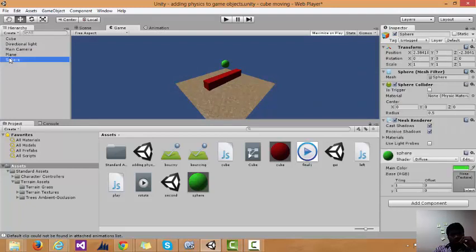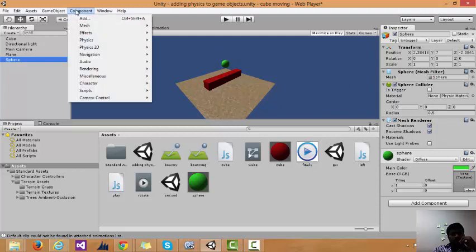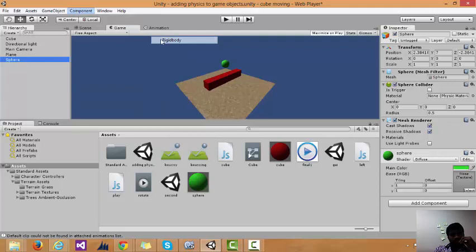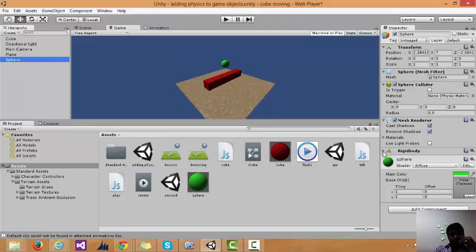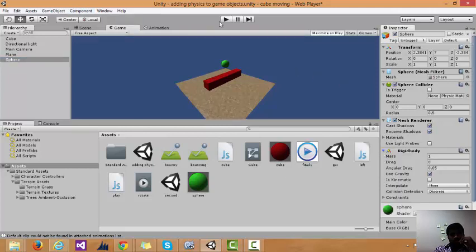When you take the sphere, initially it is just a game object. In order to add physics properties to any game object, we should make the sphere a Rigidbody. After making it a Rigidbody, see what happens when you run your game.